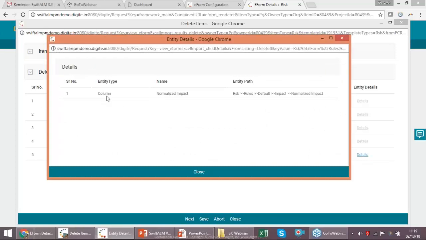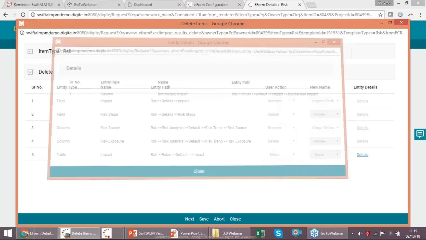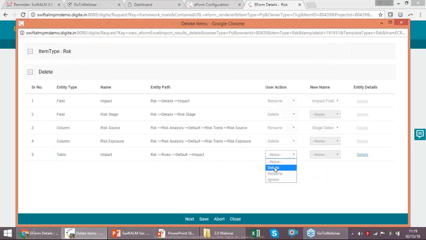So in this case, I have only configured a column called normalized impact. Those are the columns which will get deleted when I choose to delete this impact table. If I choose to rename it and say next,